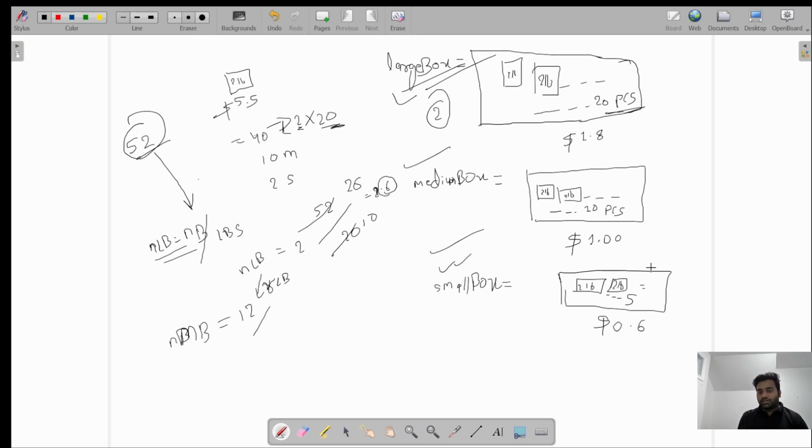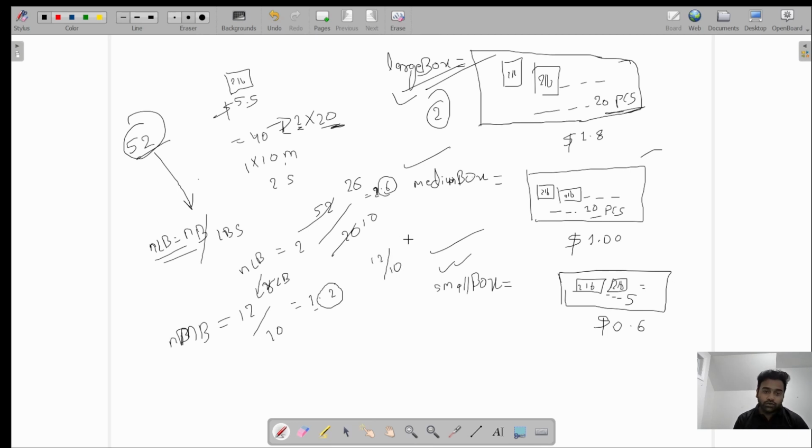Here what is the capacity in the medium box? 10 is the capacity, right? So if we divide it by 10, the answer will be 1.2. We know that we need to exclude this decimal, so 1 will be assigned to the number of medium boxes. So here 1 into 10 can be said. Now what is the remaining? Remaining is, suppose, out of 12,